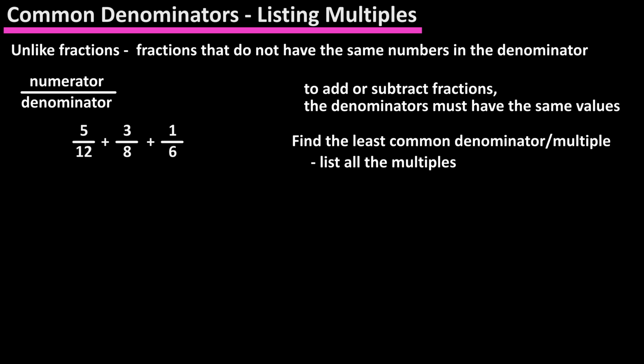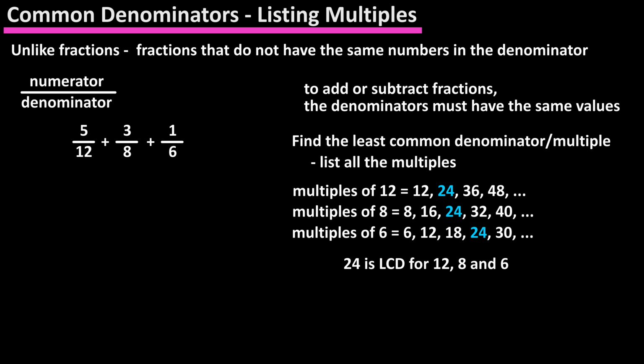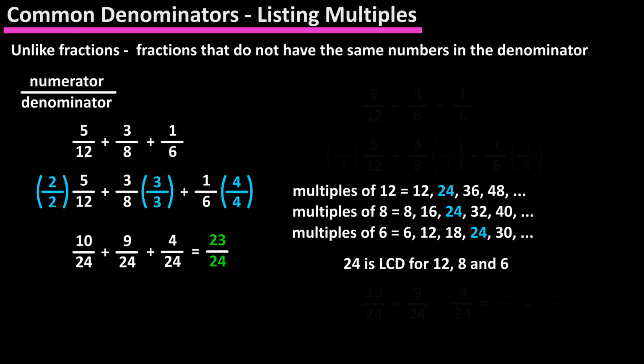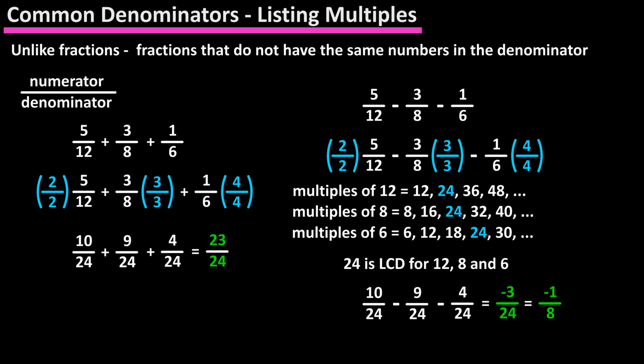If you're adding 3 fractions, like in this example, then you would list out the multiples of the 3 denominators and find the common multiple. Then convert the fractions with the common denominators and perform the addition. And here is an example of subtracting 3 fractions. Again, list out the multiples, find the common multiple, then convert the fractions, and then perform the subtraction to get